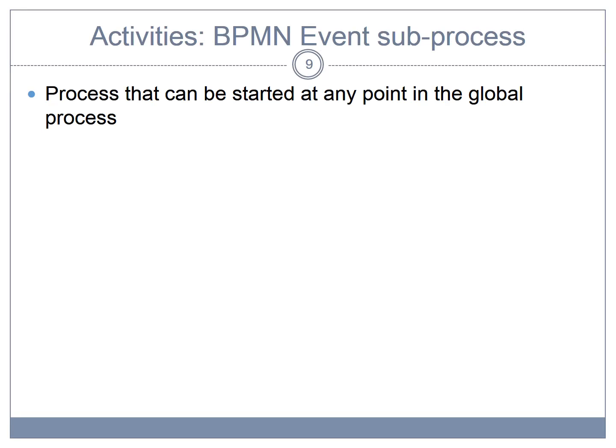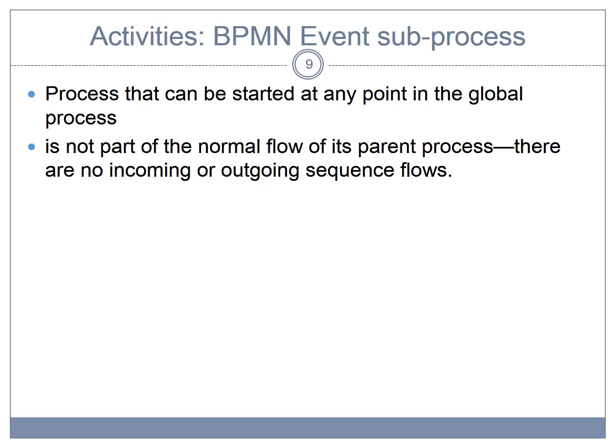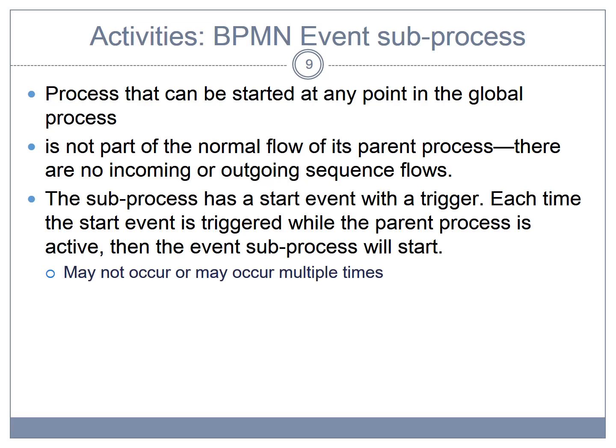The third type of subprocess is the event subprocess. The event subprocess is a process that can be started at any point in the global process. It is not part of the normal flow of its parent process, so there is no incoming arrow from the parent process into the subprocess, and there is also no outgoing sequence flow from the subprocess into the parent process. This means that in order to be able to start, a subprocess needs its own start event with